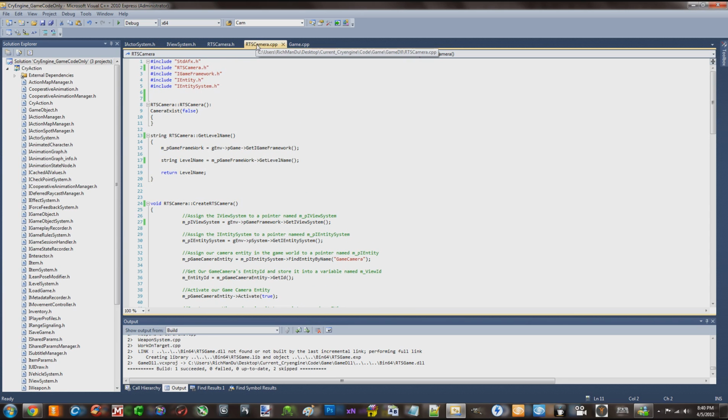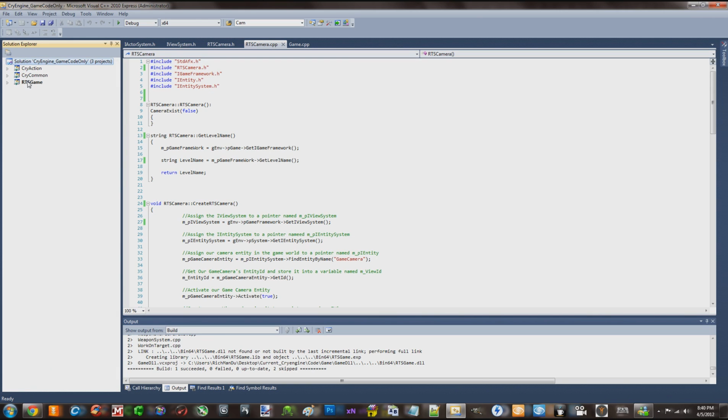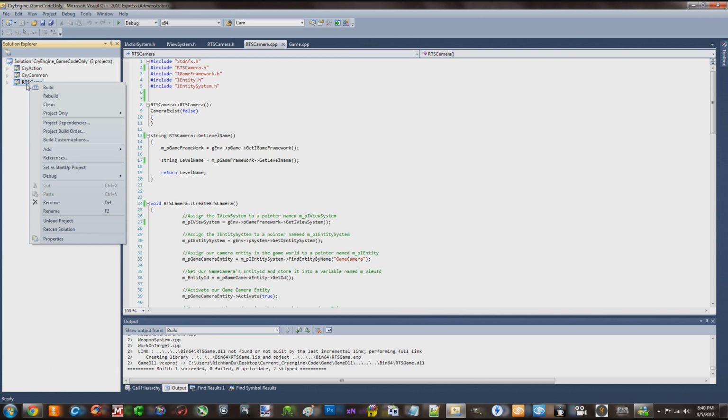Let me just go over one more step to show you how to make your compile time faster, depending on how many cores you have. The more processing cores you have on your computer, the faster your compile times are going to be. I happen to have an AMD 6 core, and I'm going to be getting an 8 core soon. So how you do that is you right click on your RTS game project or CryEngine, go to properties,